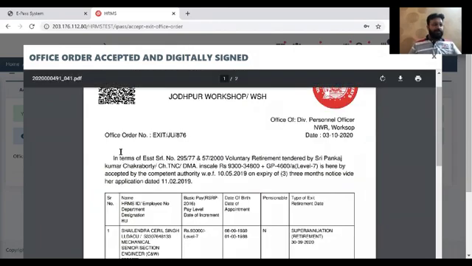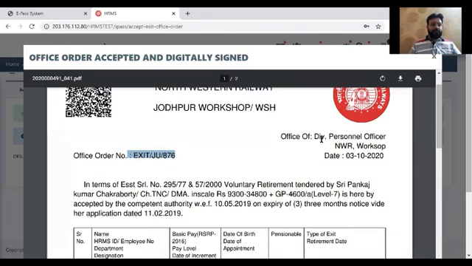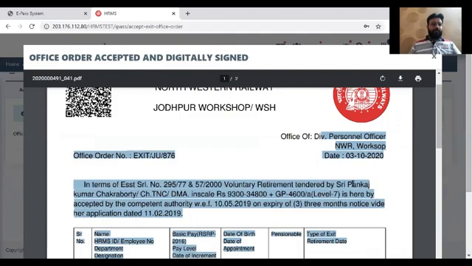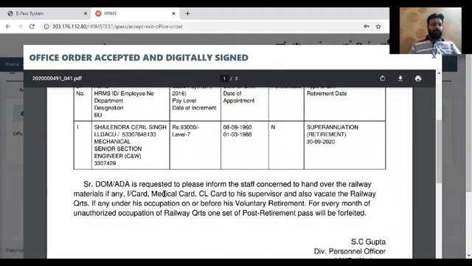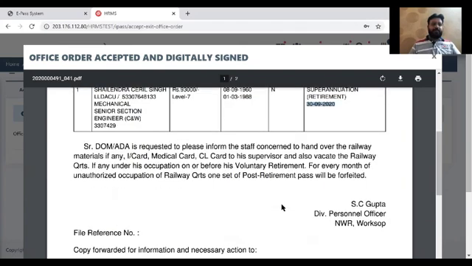So I just zoom it so we can validate whatever information is there. We have a QR code, we have office order number, we have issuing office, we have pre-note, we have post-note, and in the center we have information of employee. We have the name of employee, his HRMS ID, IPAS number, department, designation, and bill unit. Then we have his basic pay related detail, date of birth, date of appointment, reason of exit, and date of actual exit. So all this information we have.